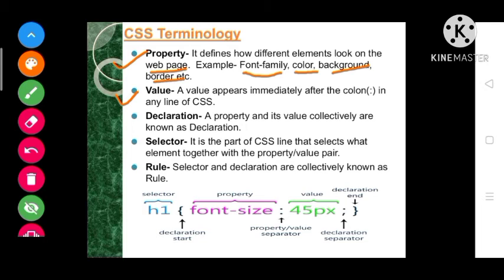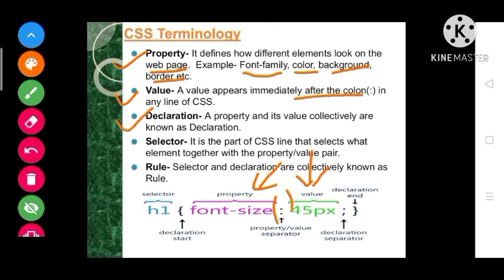Generally the value is given immediately after the colon. Here is the property and here is the value. So property and value are separated by a colon symbol. Each and every value appears just after the property.